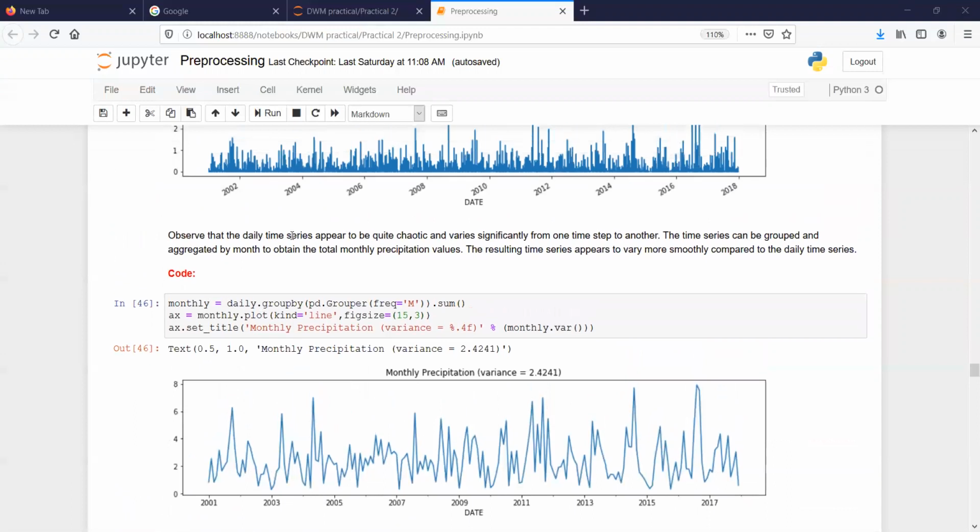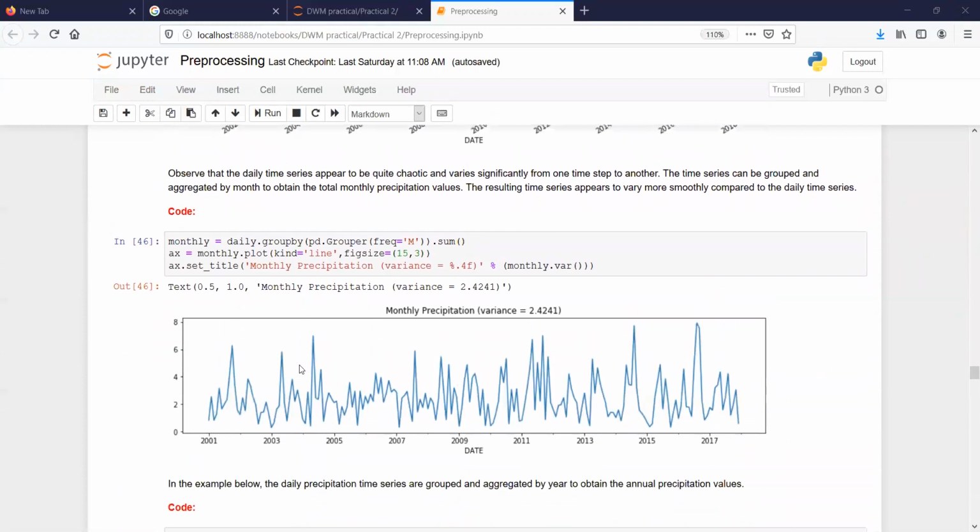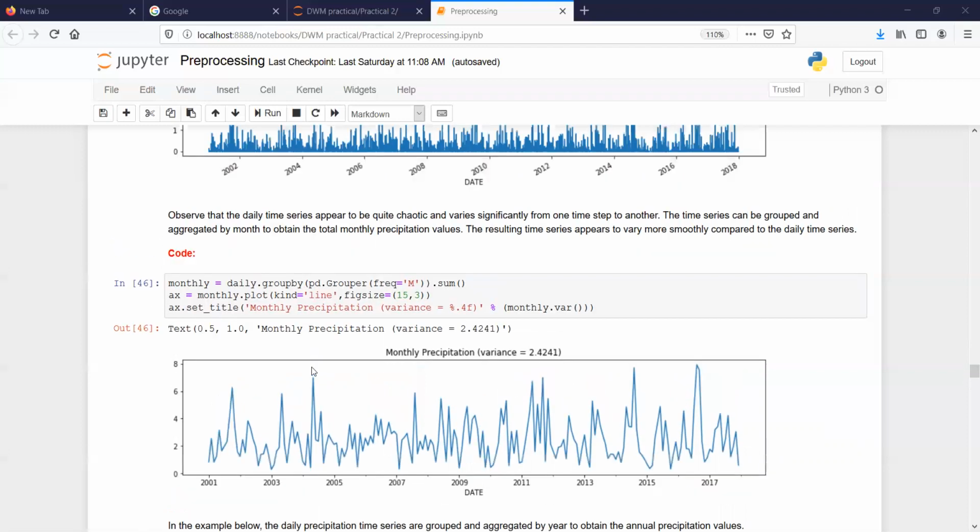It's better than the previous chart, but it still has a problem, because we can't extract much information from this either. We get a little information, like in 2000 you can see too much precipitation.